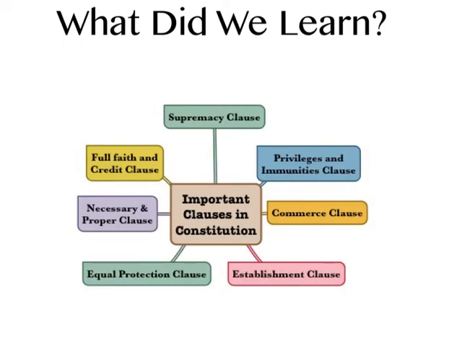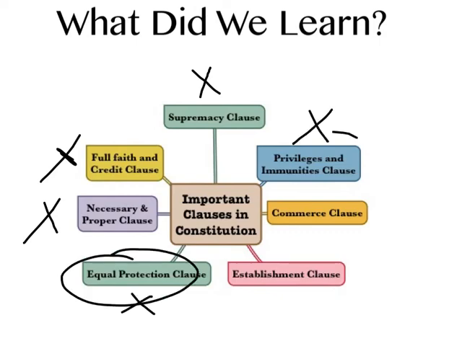So what did we learn? Well, we learned about the full faith and credit clause, the idea that states have to honor each other's contracts. We learned about the necessary and proper clause, which allowed the federal government to have implied powers, the idea that they can make additional laws that are necessary to carry out their duties. We learned about the Supremacy Clause and how the laws of the federal government are supreme to those of the states. We learned about the 14th Amendment with both of these guys, the Equal Protection and the Privileges and Immunities Clause, and how this amendment was a Reconstruction Amendment, and it was designed to protect all people, to make sure that all people are protected under the law equally, and that states cannot interfere with our basic rights, that the Bill of Rights also applies to the states.